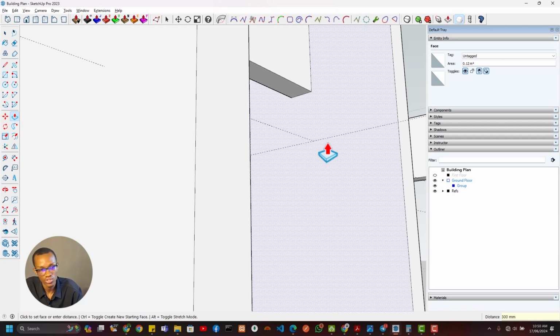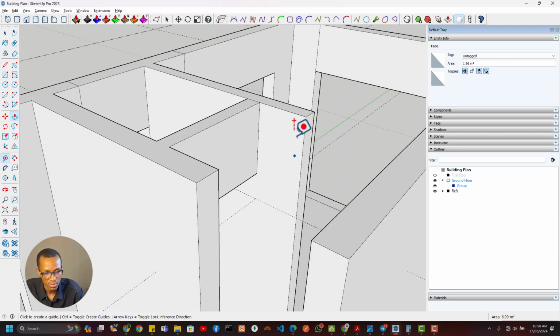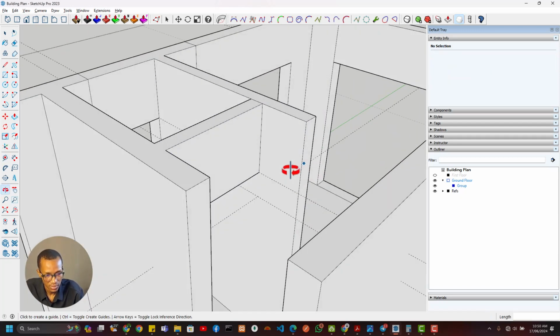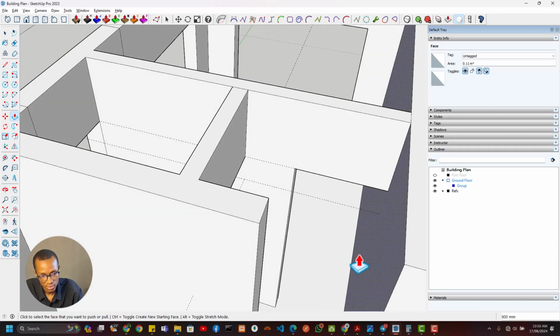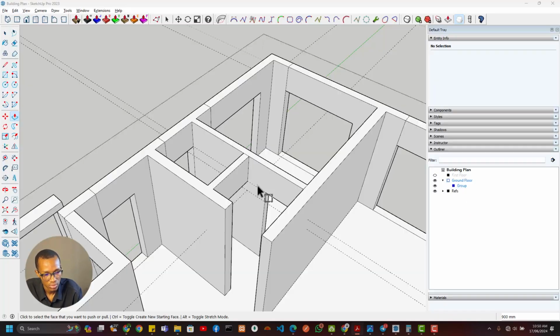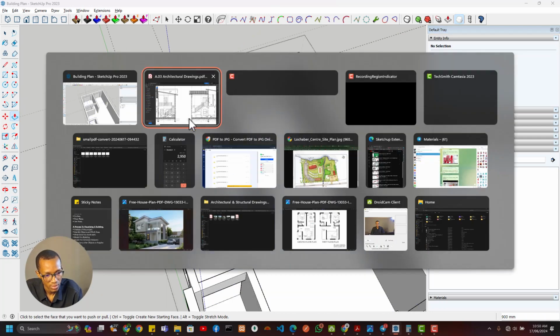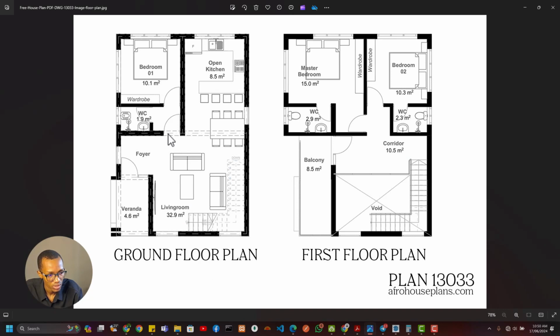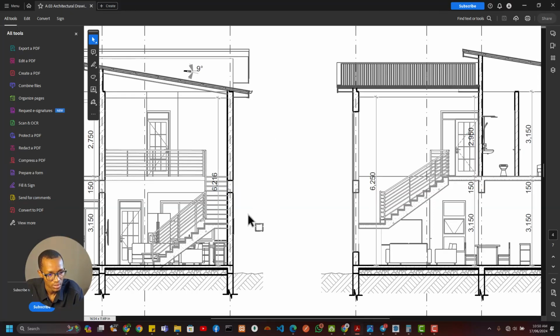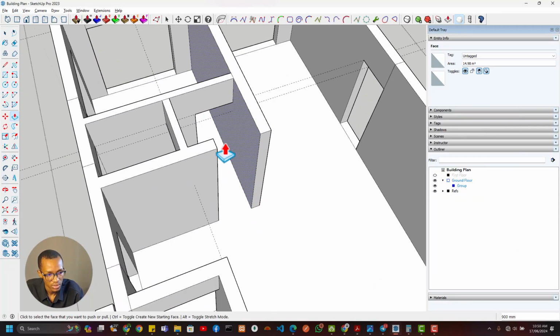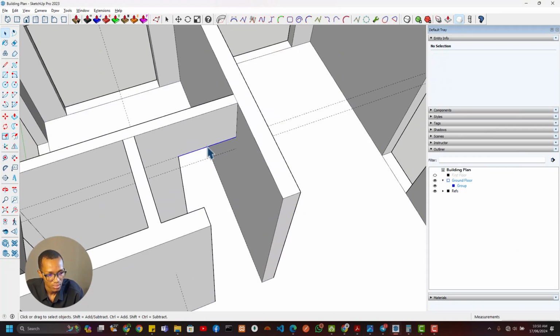So let's unify everything, right? Let's do that. Let's do that. All right. Let everything be done in an orderly manner. So that should be that. I think I'm looking at that plan. This door here, this door here. Okay, there's a door on both sides. So that means